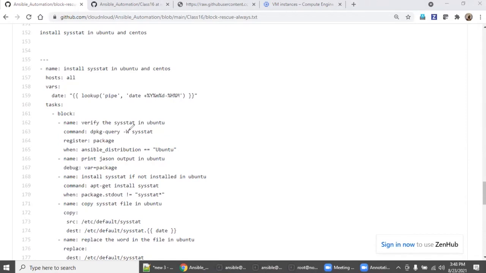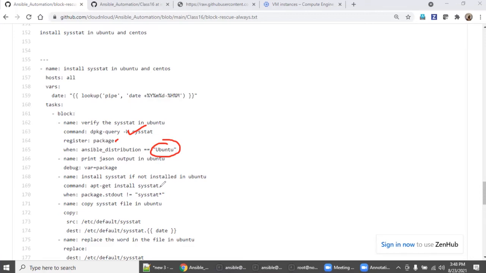First I'm checking what the OS is, right? I'm capturing the register, which we saw in the previous classes. I'm defining it with when, right? You can get this with the normal ansible all -m setup, and from there you can take this value.